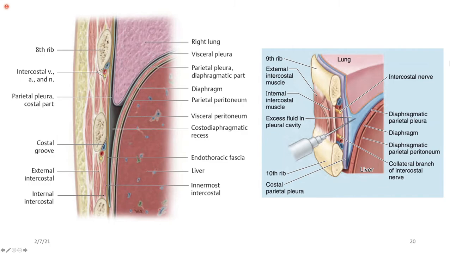So that's why it's been said to use the spaces above, preferably between the 5th and 6th spaces. 5th space or 6th space according to your convenience. And what line? Mid-axillary line, not mid-clavicular line. Now you can see the evidence. This image is targeting here. Look how small the pleural space is. Can you see that? But in the upper part, we have a lot of room. Here we can enter very easily into the diaphragm. We can damage the diaphragm. We can damage the liver. We can end up with disasters. That's why it's been said that we should prefer that space.